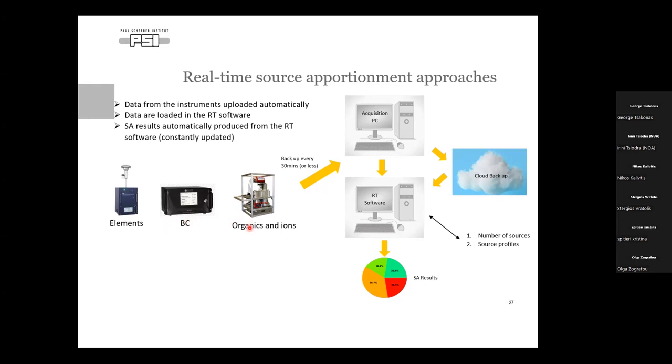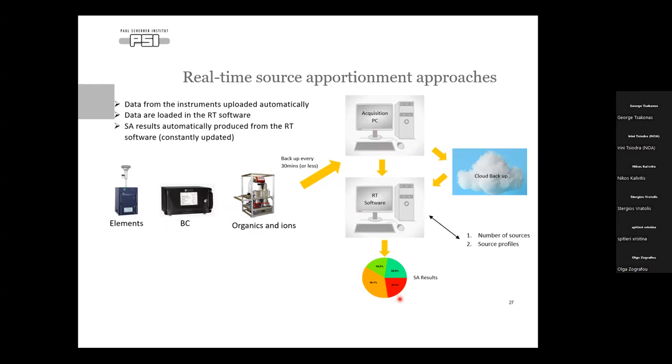That is produced automatically, and we collect it in the acquisition PC, and then we can load those data automatically to a software that treats this data, runs source apportionment, and provides a pie chart of source contribution without any interference from a user.